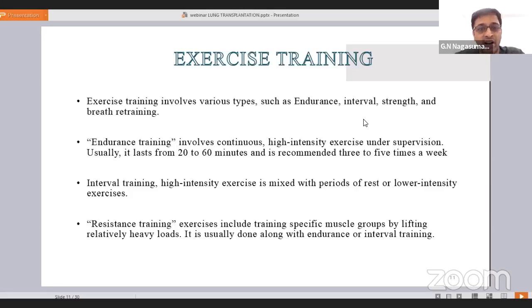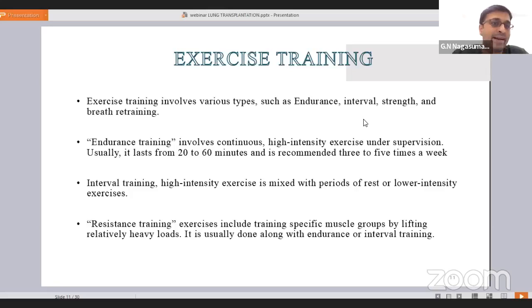Next comes interval training. Interval training means we should give a rest between the training activities. In interval training, if the patient has achieved a good percentage with the 6-minute walk test, I can give a high intensity training, but I should give a proper interval rest in between. When the patient is in a low percentile, I should start with a low intensity interval training.